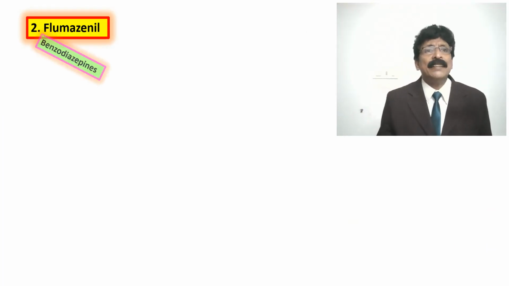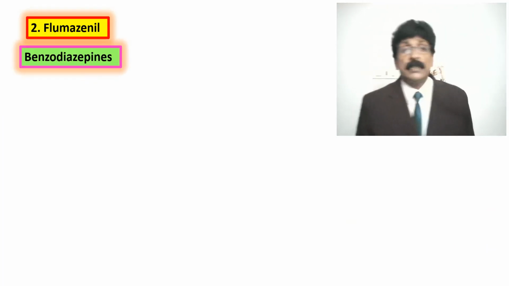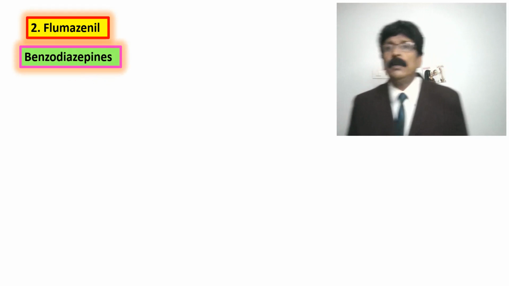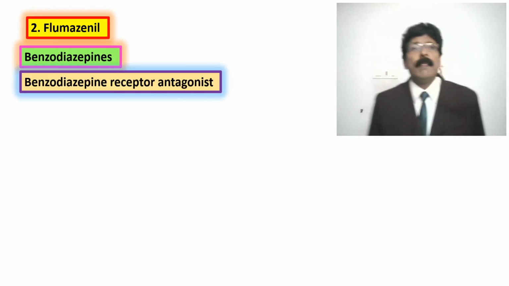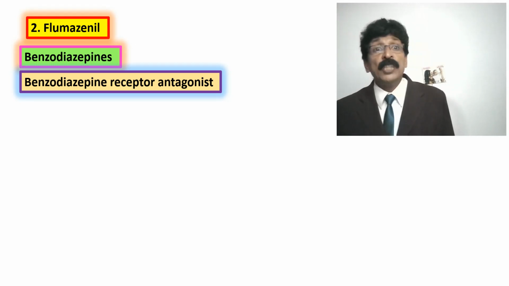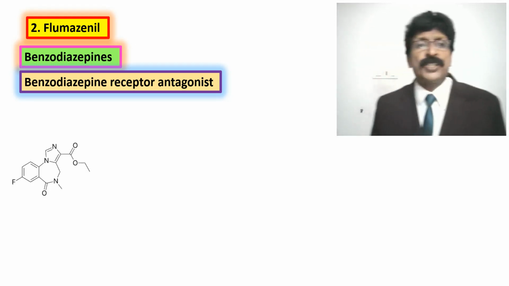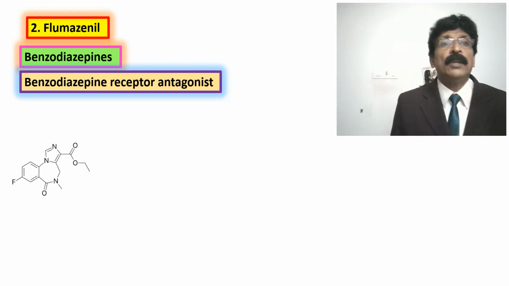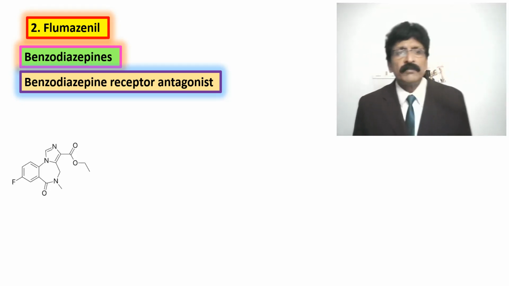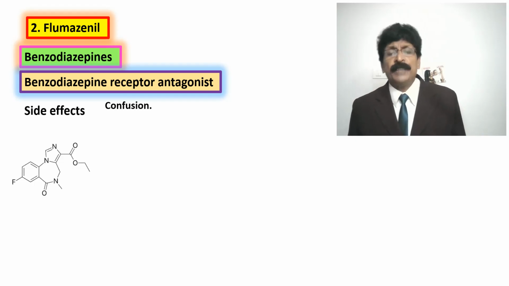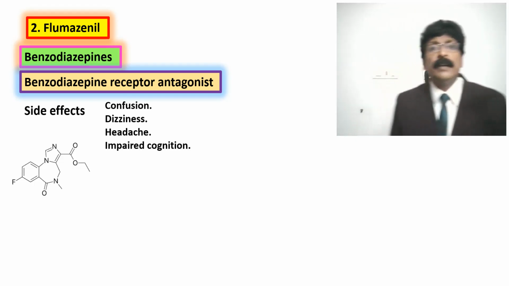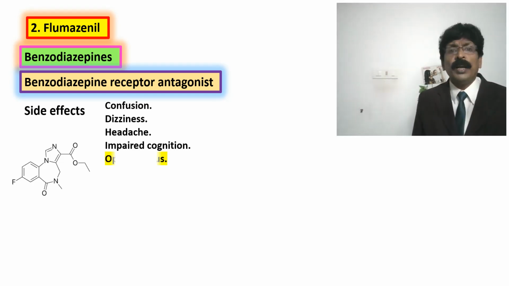Flumazenil. We know that benzodiazepines, diazepam, nitrazepam, overdoses, poisoning, benzodiazepine receptor antagonist. This flumazenil also has a similar structure to benzodiazepine. Side effects, when you see confusion, dizziness, headache, impaired cognition,